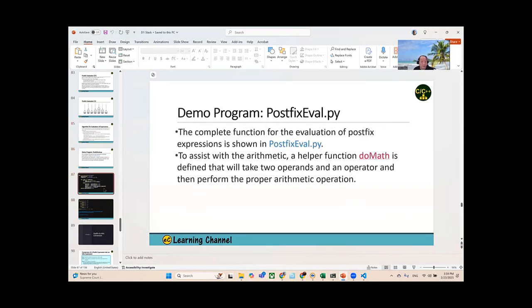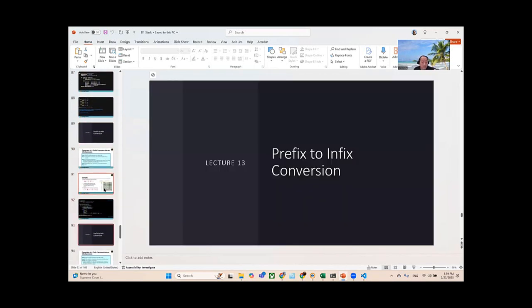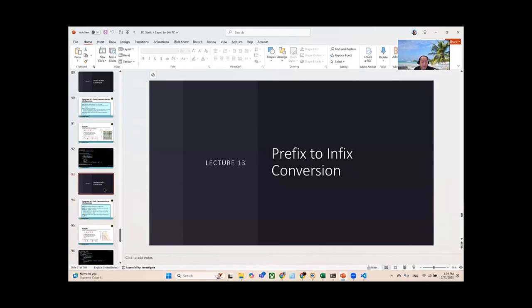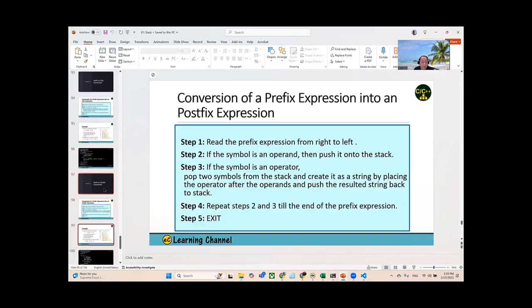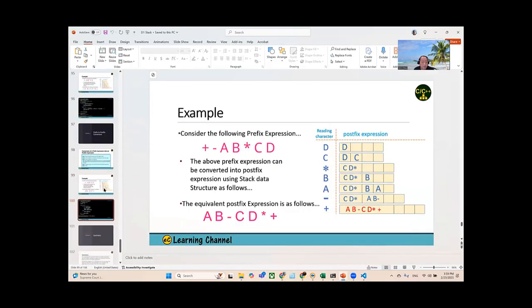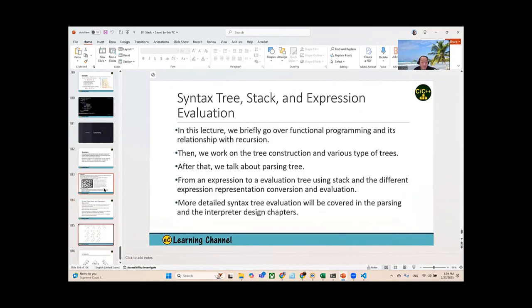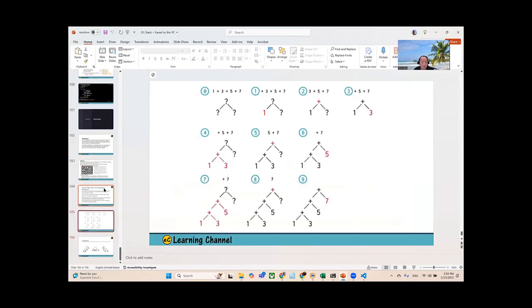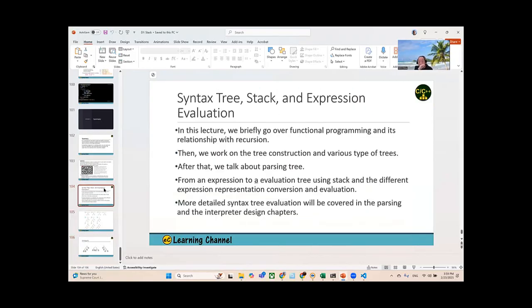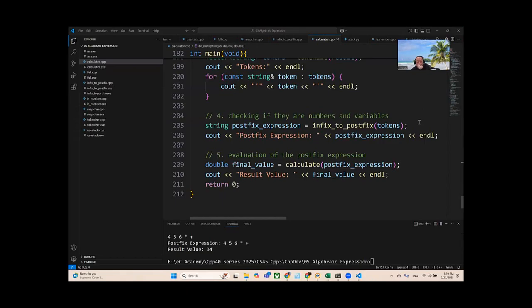But calculator is the easiest one. There are some other issues: postfix to infix, infix to postfix, prefix to infix. There are tons of other expression conversion algorithms, but we don't want to waste our time here. Okay. So that's it for this algebraic